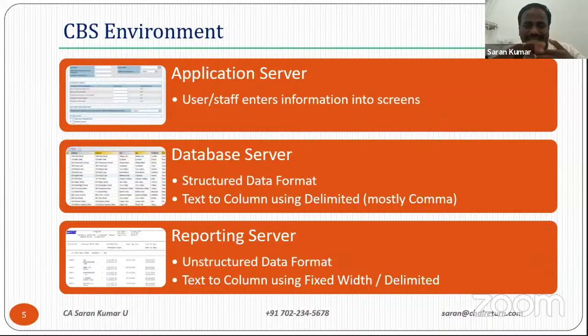So at the reporting server, basically, there are three types of reports: meant for the regulators, meant for the management, and meant for the auditors. There are some reports where we can even go into management reports and get the information. How to get the data, that is what is important. That is from the reporting server. But how the reporting server looks is different from CBS to CBS.